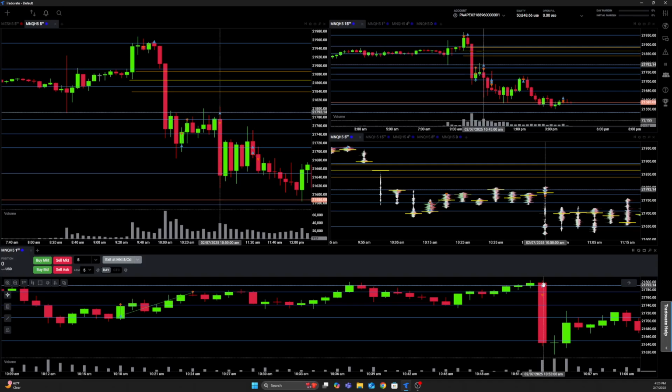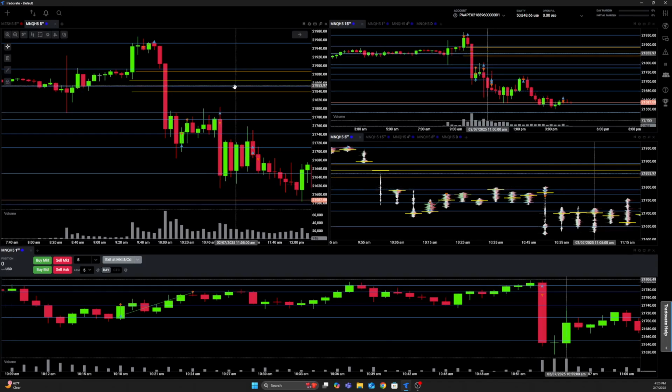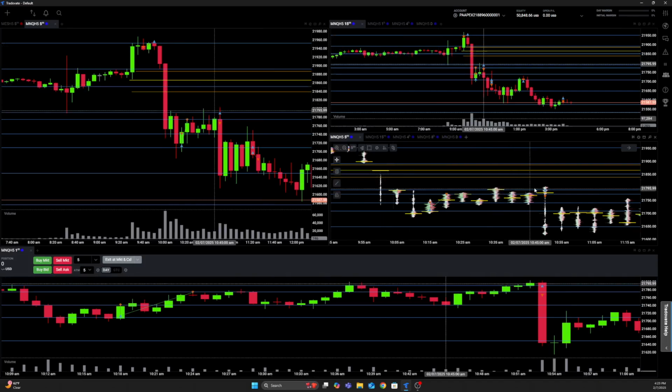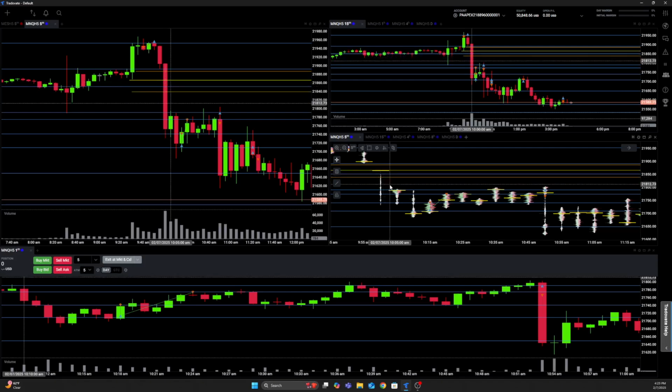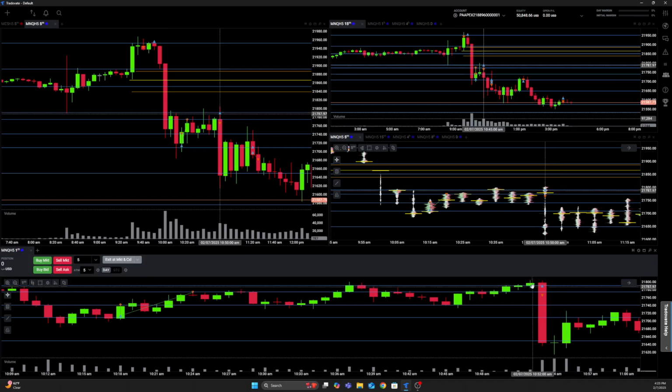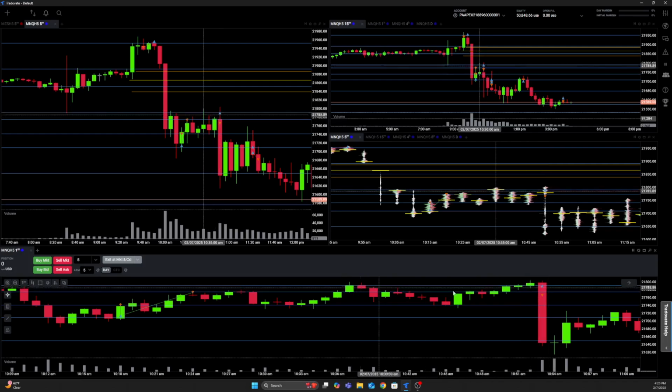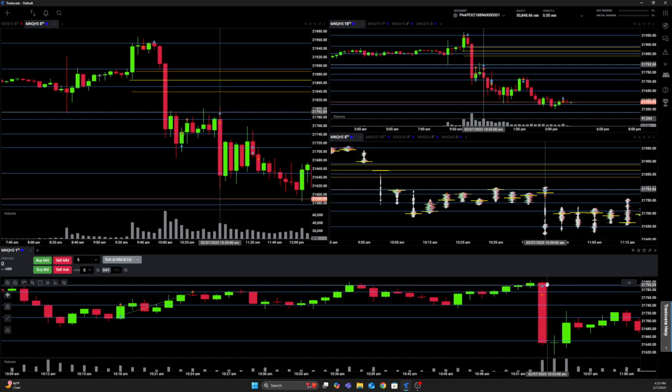I took it with 2 contracts because it looked like we were breaking out, and I wanted to long that up into this area, this void in volume, because theoretically if price breaks above this resistance, there's nothing to stop it, and it would probably seek out the next level of liquidity, which is up there at 866. So I thought we were getting a breakout. I entered a little too early. I entered after this 1 minute candle closed above that level because we had not gotten that yet. So once we got a 1 minute close above it, I entered long.